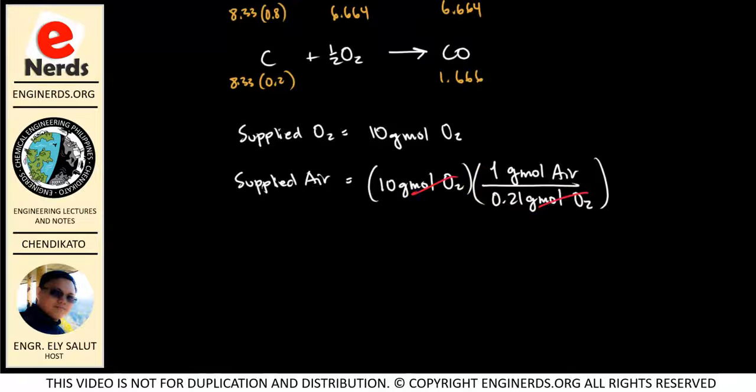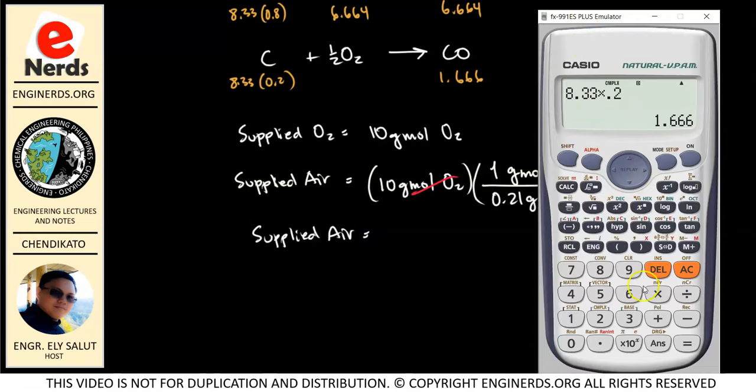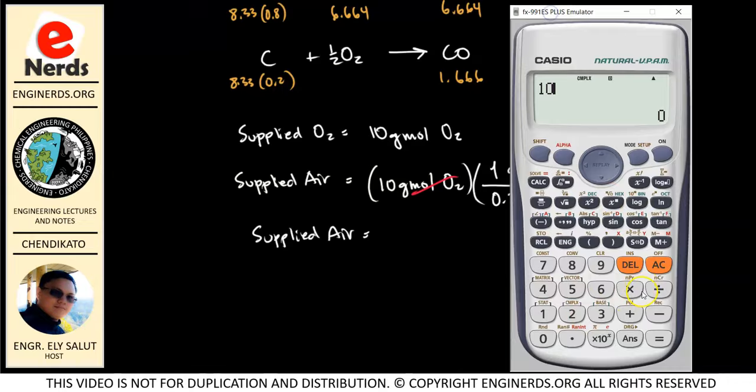So therefore, makukuha na natin yung supplied O2. Supplied air, I mean. So supplied air is equal to, calculate natin, 10 divided by 0.21. 47.62